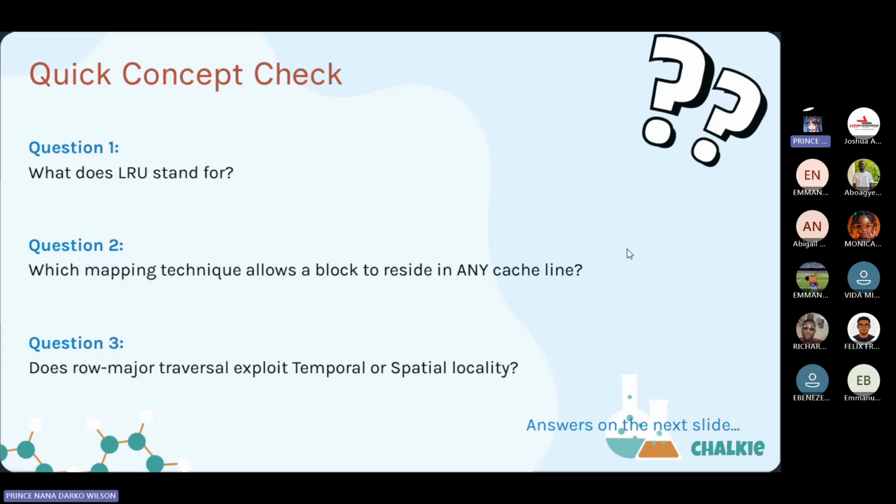Does row major traversal exploit temporal or spatial locality? Temporal. I've gotten spatial, and two people saying temporal. Which one are you choosing, temporal or spatial? Spatial. All right. So primarily, row major is actually about spatial locality, taking data that is likely to be accessed